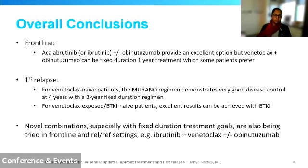At the time of first relapse, if patients had never had venetoclax before, then the MURANO data shows that 2-year treatment with venetoclax plus rituximab gives very good disease control for several years. Whereas if patients had had venetoclax in the first line setting, then a BTK-naive patient would have excellent results with BTK inhibitor therapy as a second line agent. And so I think we have a very good plan already in place for commercially available drugs, at least